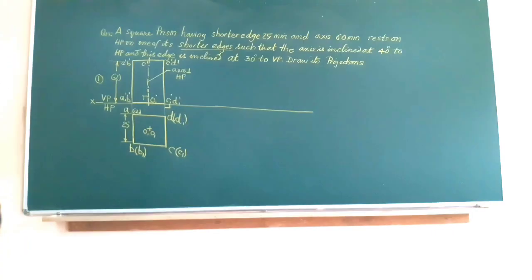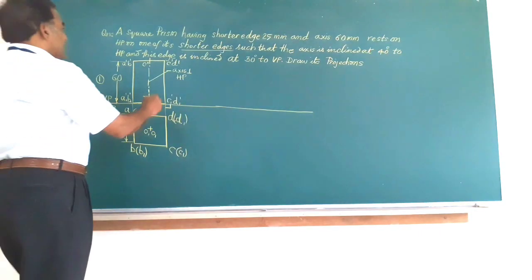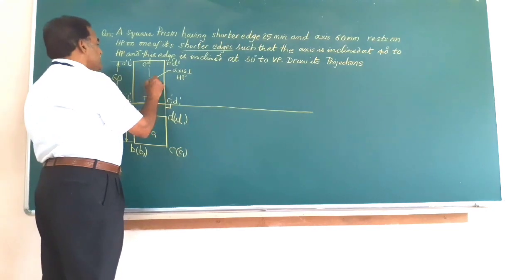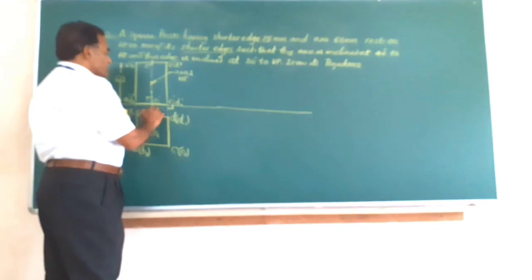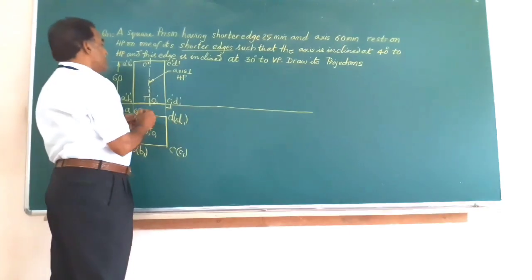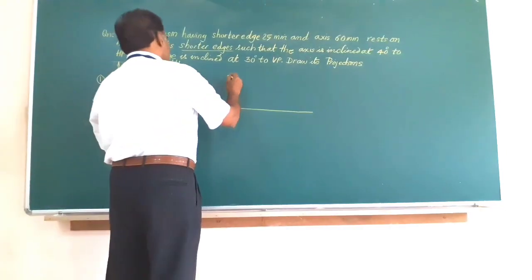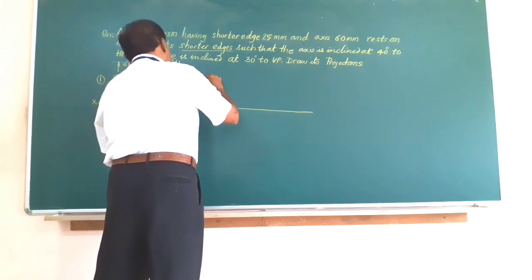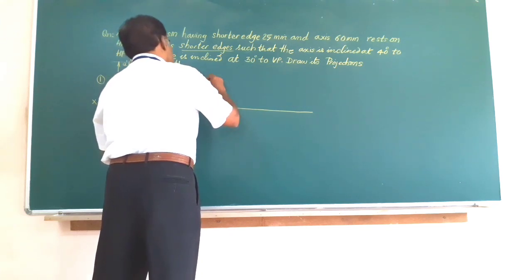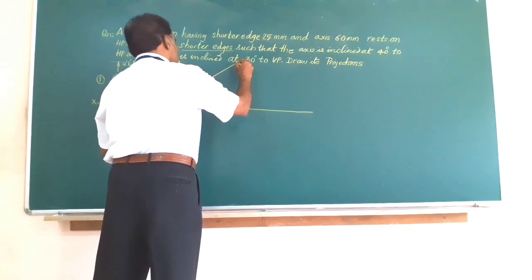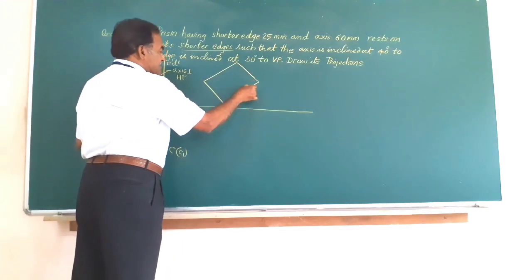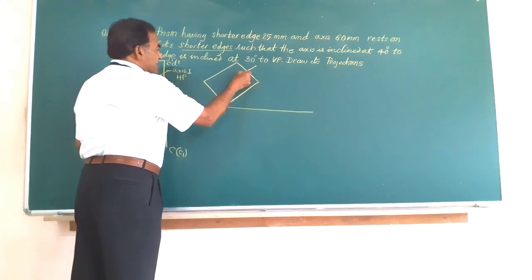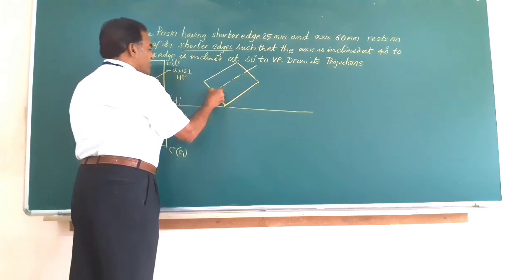So how should it be drawn? It is very simple. The axis is now perpendicular to HP. The same figure is redrawn such that this O dash, O1 dash makes an angle of 40 degrees with the HP. So I will construct the figure here. The same figure, figure number 1, redrawn here such that the axis of the solid makes an angle of 40 degrees with the HP.